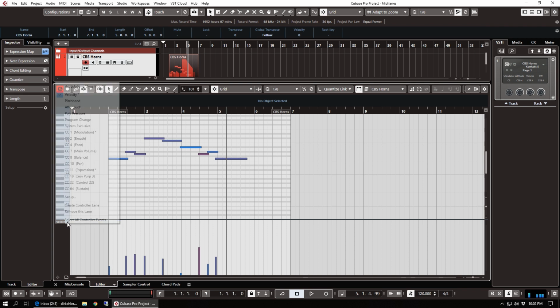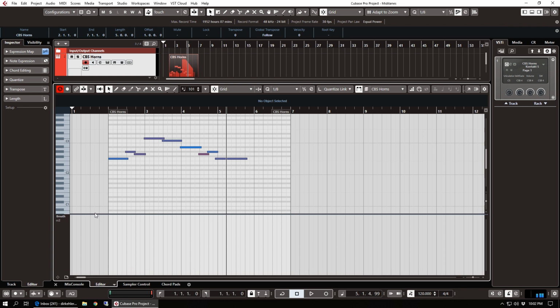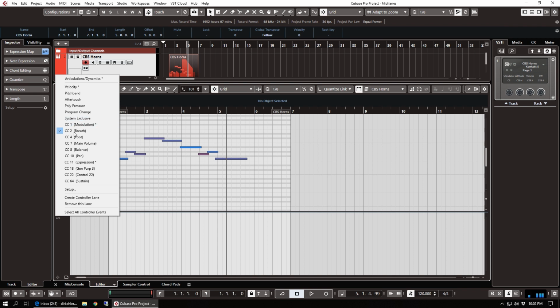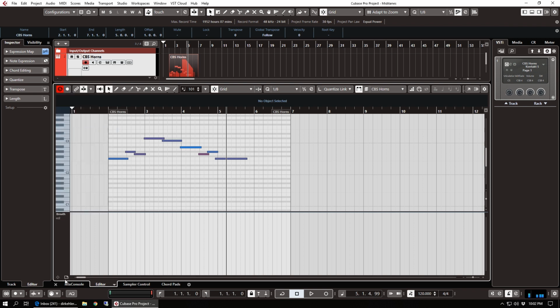So let's say we want to add CC2 to our commands. What you can do, you have this little icon down here, controller lane setup, and with this button you can save whatever configuration you have going on down here. So for example, if we have CC breath, and these are the 4 that I just showed you using the key commands that I have set up for myself,